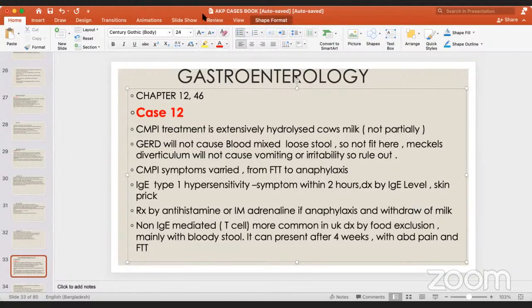So it is not IgE mediated disease. It is actually T-cell mediated, and T-cell mediated disease can present even after 4 weeks. Okay, am I clear up to this point? IgE mediated will present usually within 2 to 4 hours, but sometimes can present within 24 hours. But non-IgE mediated will present